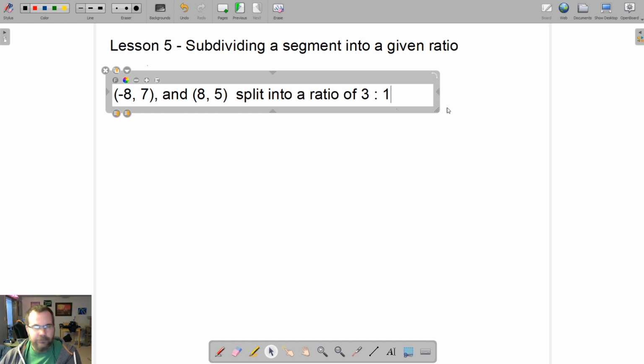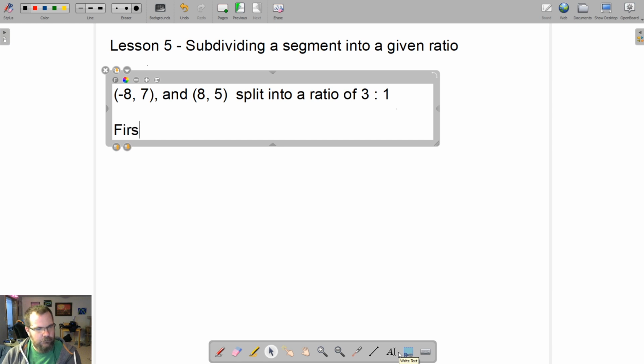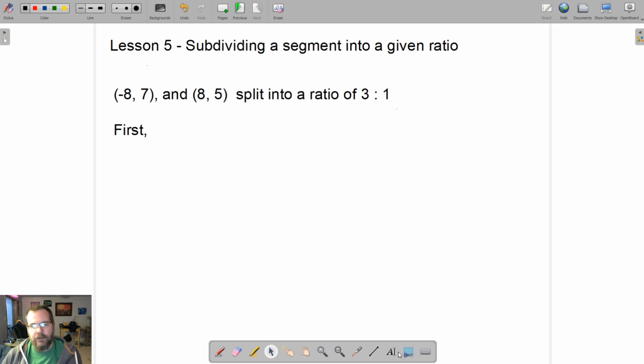So what I want to do first here, let's talk about the instructions. So first, you want to work out what the fraction is going to be. So in this case,